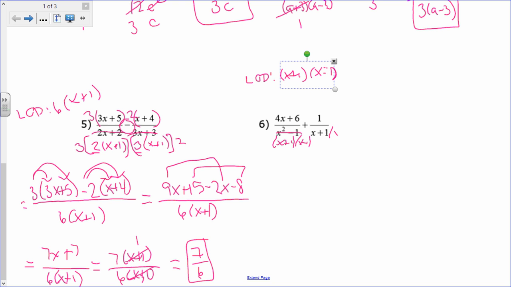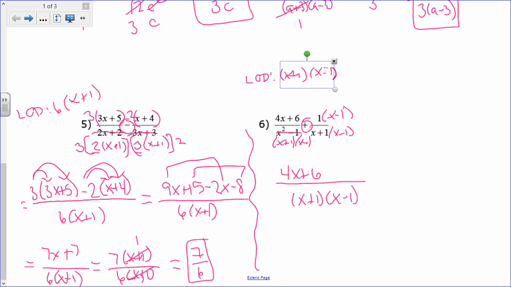The second fraction is missing just an x minus 1. The first fraction is missing nothing, so I don't have to do anything with that one. So it will be over x plus 1, x minus 1 for x plus 6, and that's a positive one, so I don't really have to worry about anything. That will give me